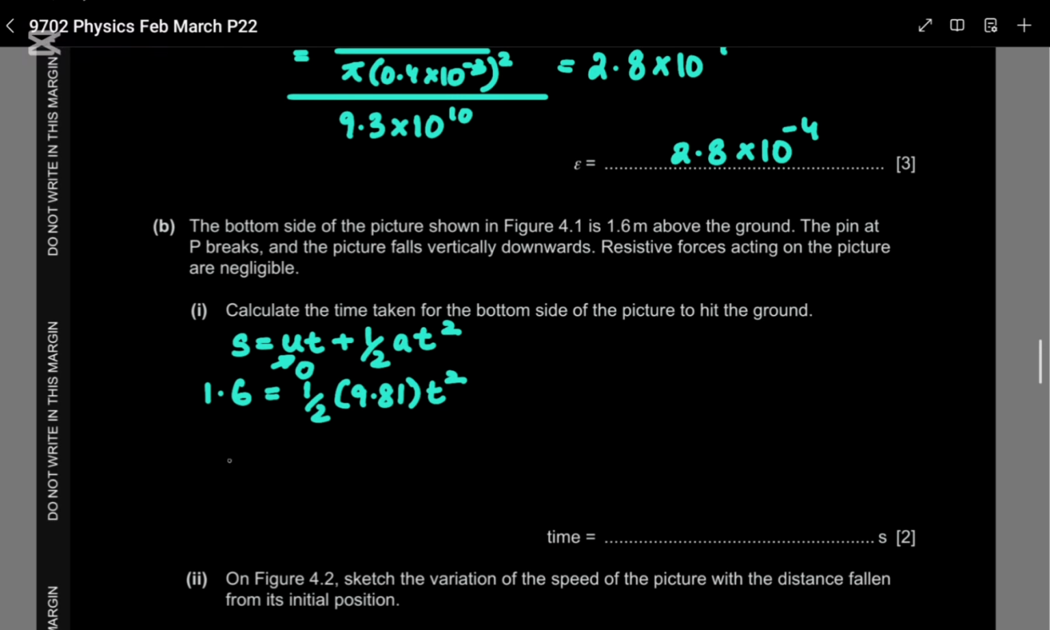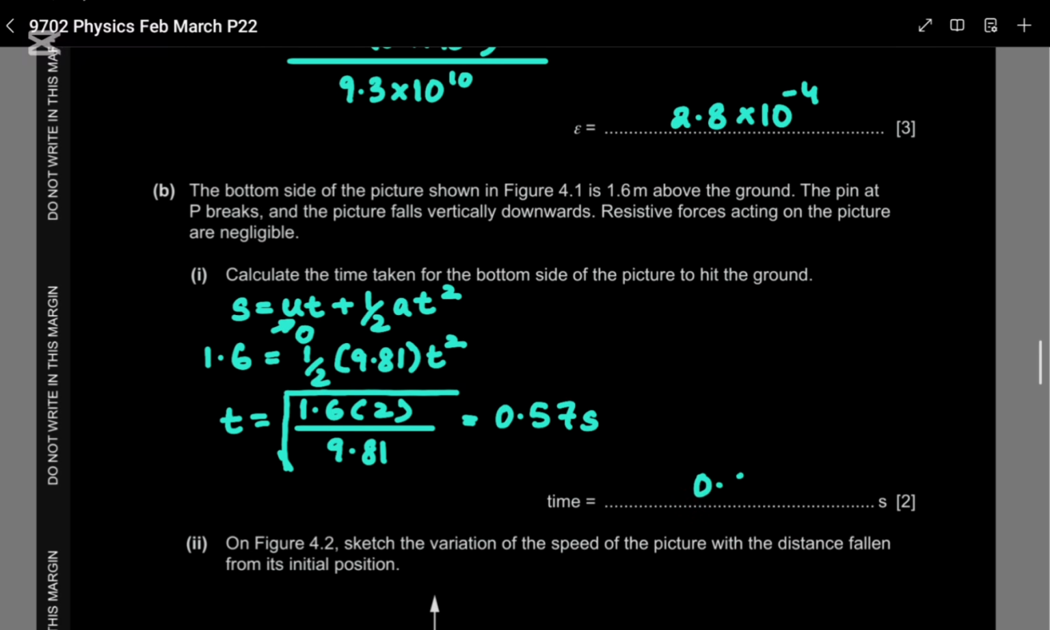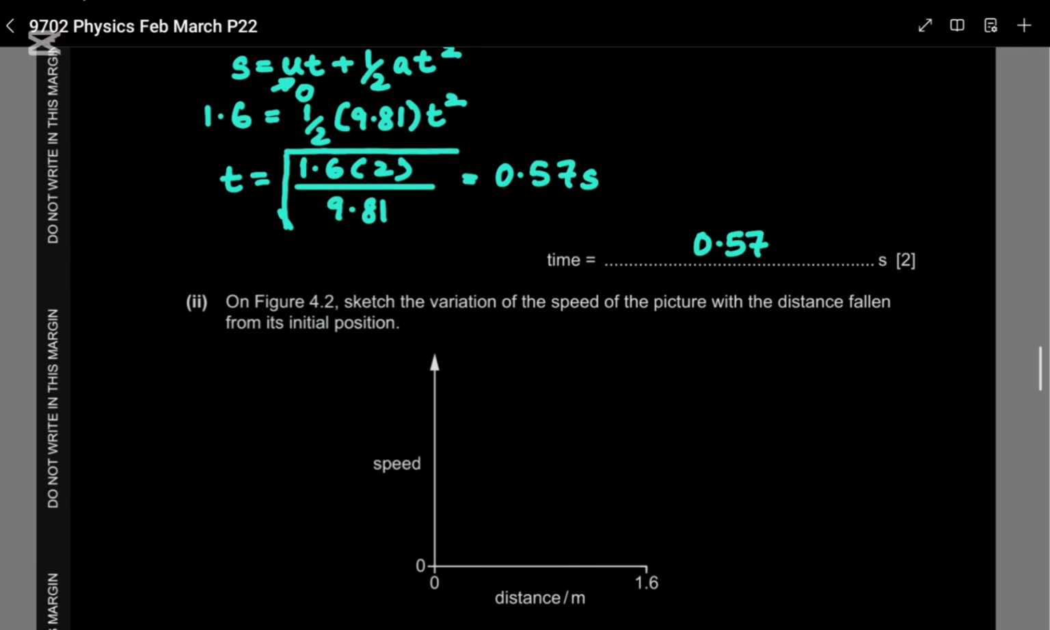Okay, so t is going to be the square root of 1.6 times 2 over 9.81. Alright, what is this? It's going to be 3.2 over 9.81. So I get an answer of 0.57 seconds, to two significant figures. 0.57. Okay, part II. On figure 4.2, sketch the variation of speed of the picture with the distance fallen from